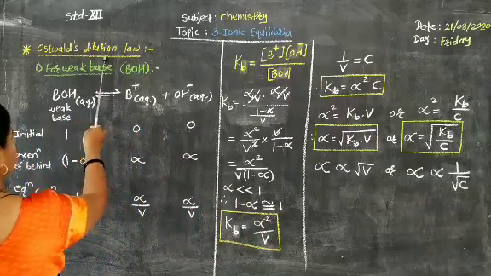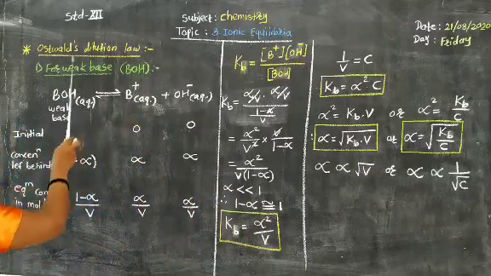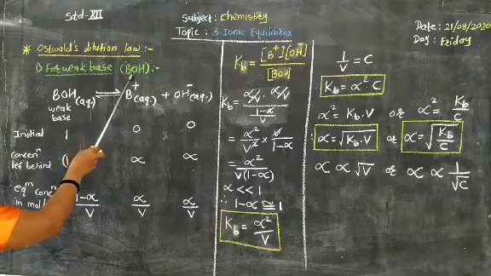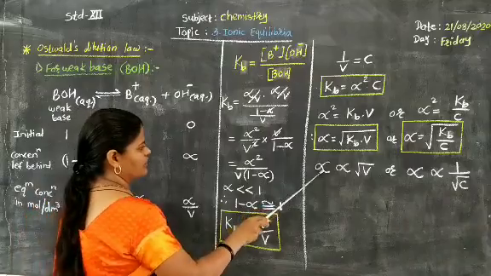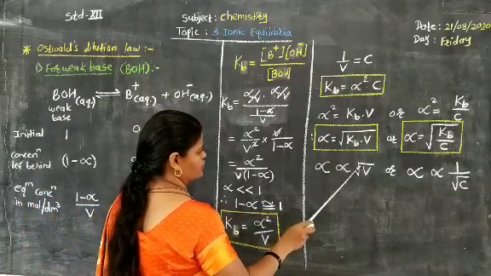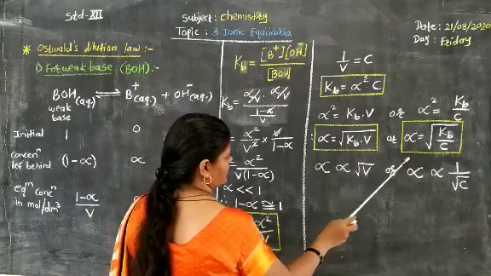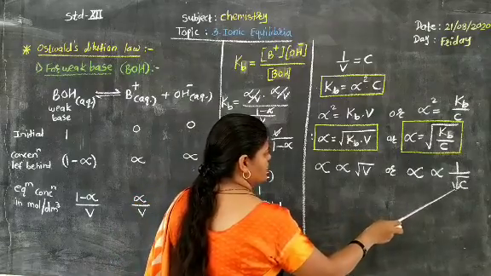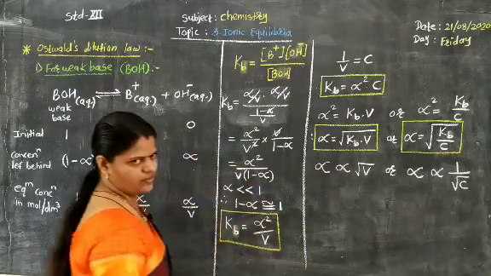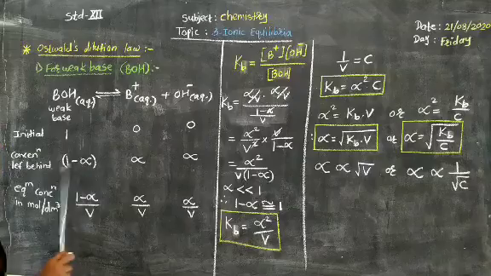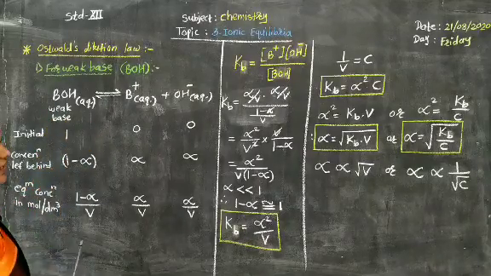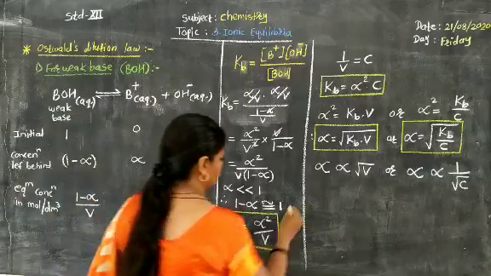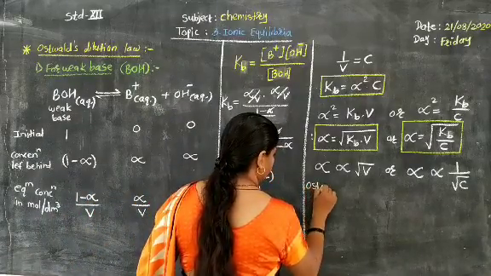Yes, Ostwald's dilution law can be stated as, for weak base BOH, degree of dissociation is always directly proportional to square root of dilution, or it is inversely proportional to square root of concentration. That means if we combinedly want to write the statement for Ostwald's dilution law, we can write the statement like this. Ostwald's dilution law